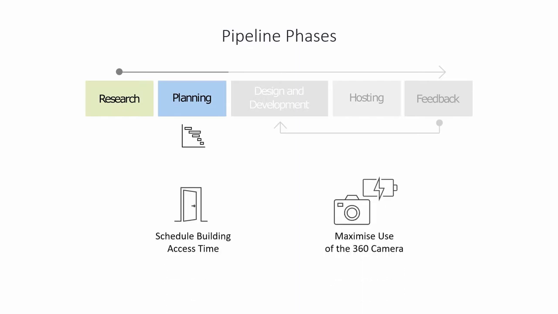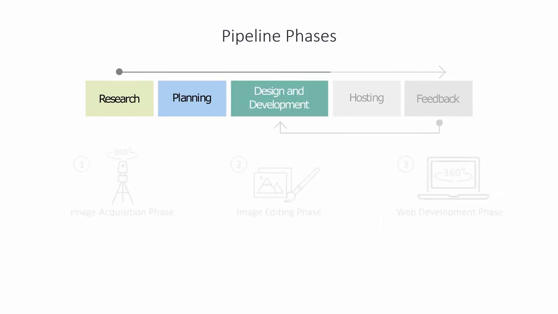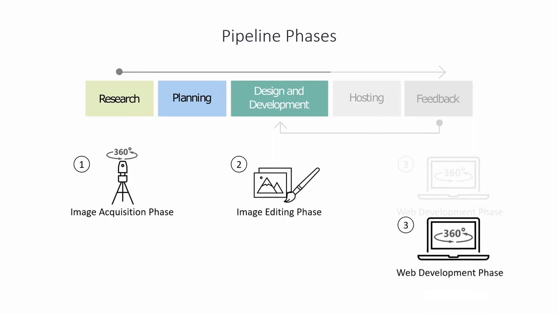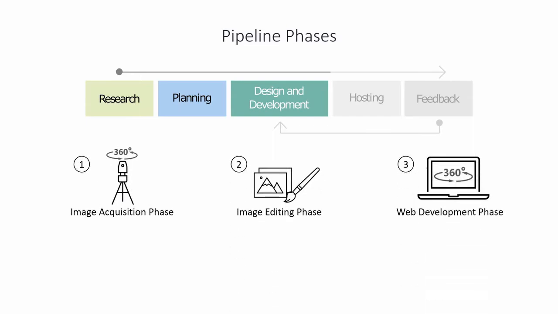of the camera. The design and development phase consists of 3 parts: the image acquisition, the image editing, and the web development. The image acquisition phase consists of capturing 360 images, and the following considerations will enhance users' navigation through the virtual tour: the camera position and height, considering users' needs, and the front lens orientation, directing users' points of